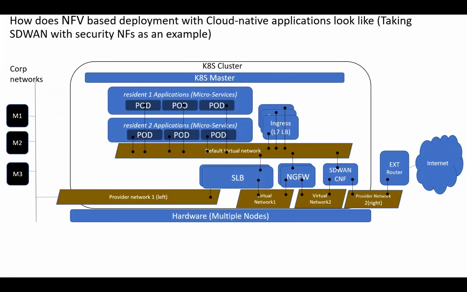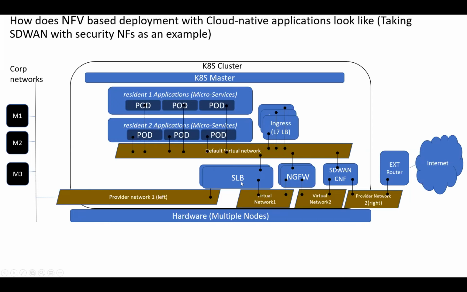To make things a little more clear, we took an example specific to SD-WAN security network function chaining. We can see that there is a core network here. You can call it a provider network, like your building WAN or the ISP or whatever. In this case, you have a Kubernetes cluster where a bunch of microservices are running, and you have the network definitions like a provider network on the left and right, and then you have virtual networks defined. These blocks are actually your CNFs.